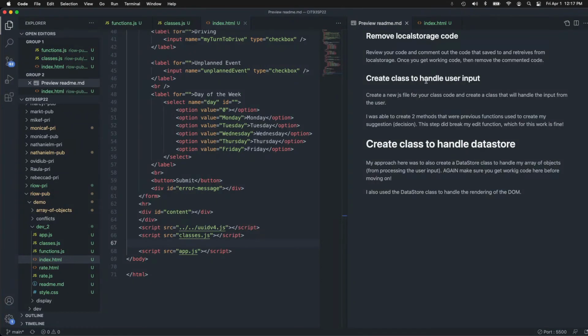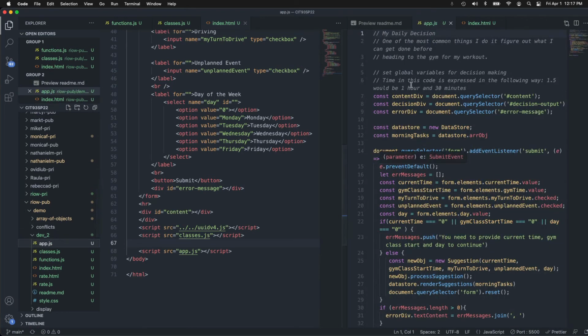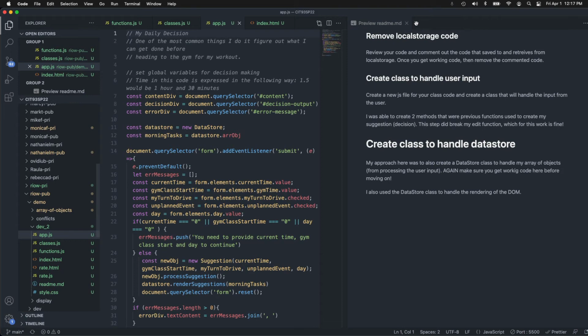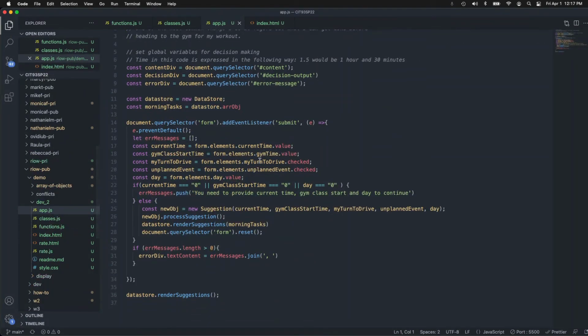So first I did that. Created a class to handle the user input, and then I created a class to handle the data store. Now, one of the things I did to make my life a little easier, that when you see my code may not make sense, is right here in the app.js. Perfect. Let me bring it over here to this side and just drop this for a second so it's not taking up so much. One of the things I did is on page load, that's when I created my new